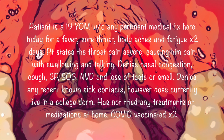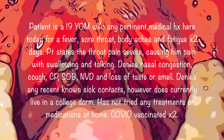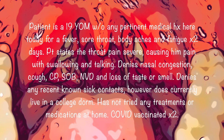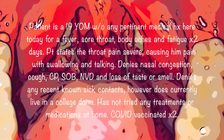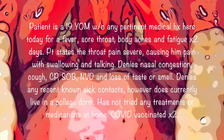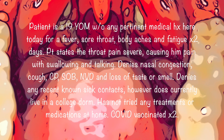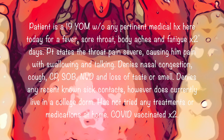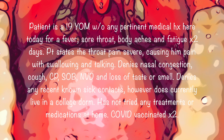So the HPI reads, patient is a 19-year-old male without any pertinent medical history, here today for a fever, sore throat, body aches, and fatigue times 2 days. Patient states that the throat pain is severe, causing him pain with swallowing and talking. He denies nasal congestion, cough, chest pain, shortness of breath, nausea, vomiting, diarrhea, and loss of taste or smell. He denies any recent known sick contacts. However, he does currently live in a college dorm, has not tried any treatments or medications at home, and is